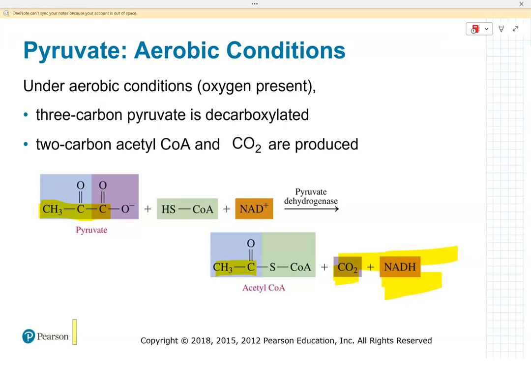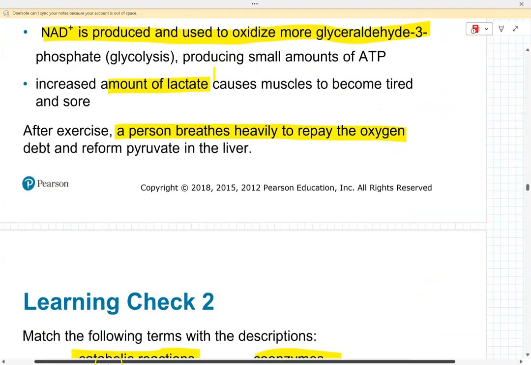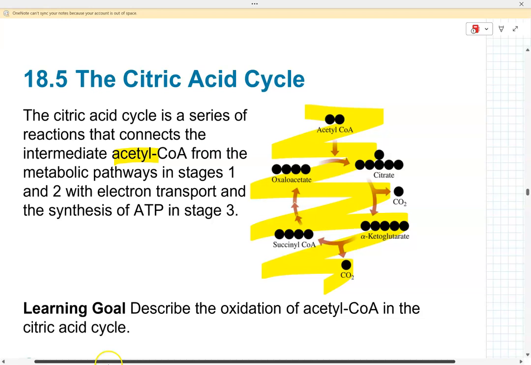So how many acetyl-CoAs will we produce per molecule of glucose, per 2 pyruvates? 2. So 1 molecule of glucose will give you 2 pyruvates and 2 acetyl-CoAs. Does that make sense? How many turns of the cycle do you need for 1